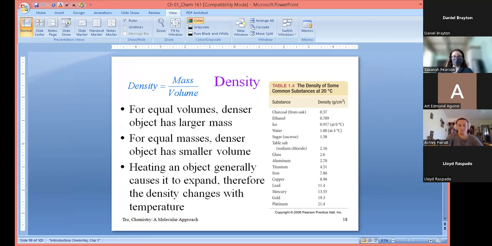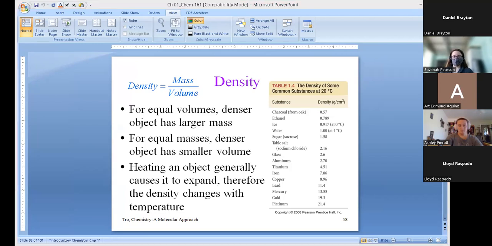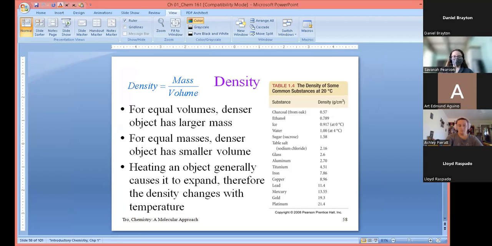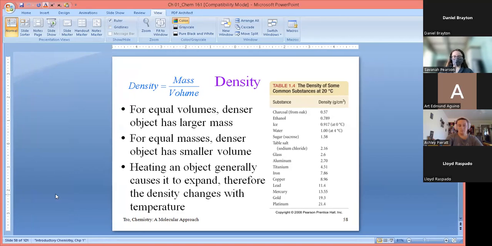Sorry, you move one thing in Zoom and it just moves a bunch of other things. Oops. There, a little better. Okay, so